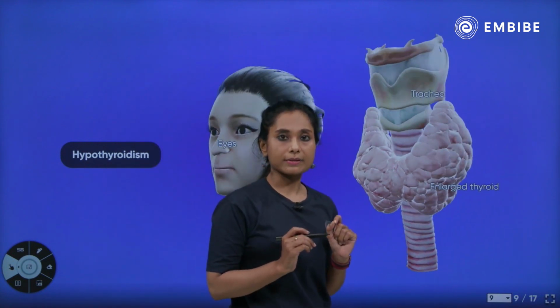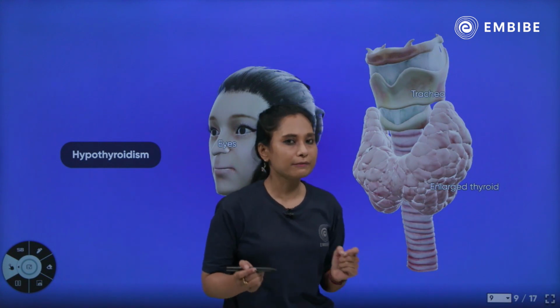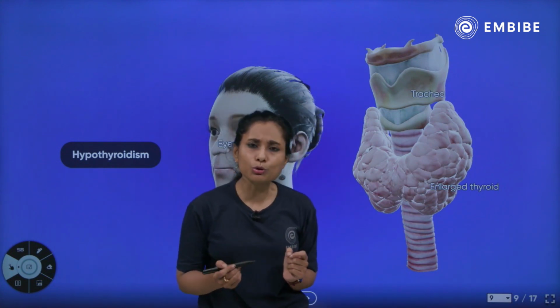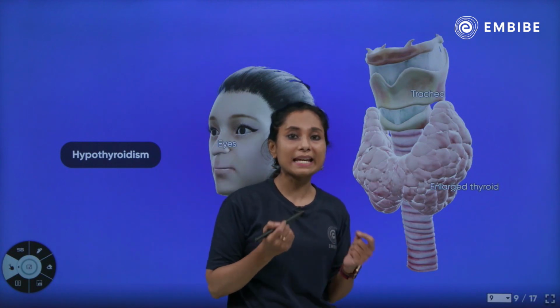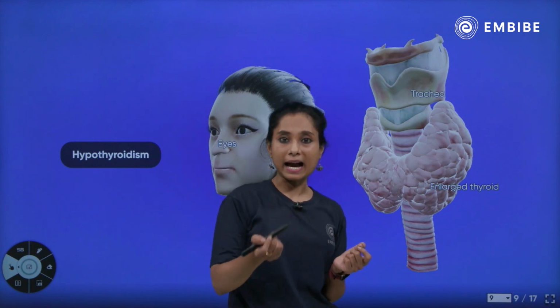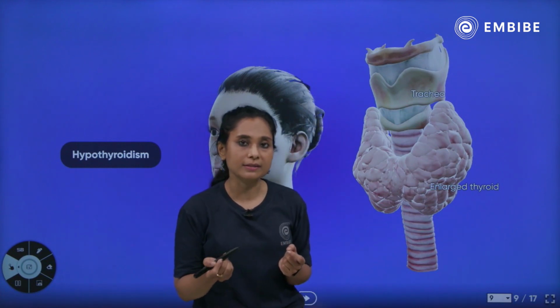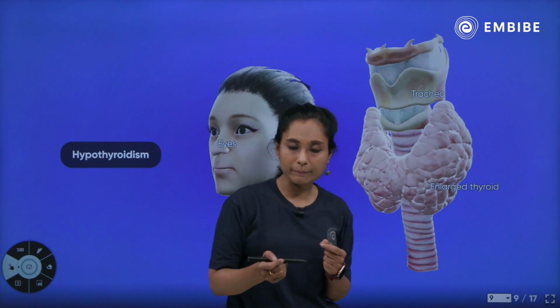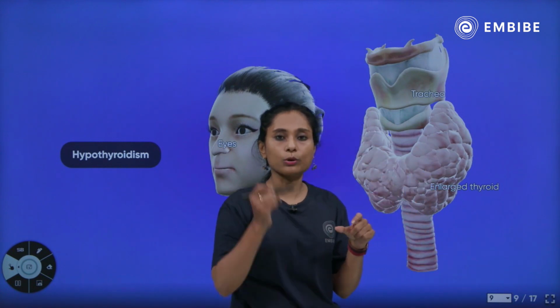simple goiter can result. This is because of the deficiency of the iodine, which is not very common now. It used to be there a long time back. The people who used to stay in hilly regions, they had iodine deficiency in their diet. So because of this iodine deficiency, the hormone cannot be prepared, because to make hormone T3 and T4, iodine should